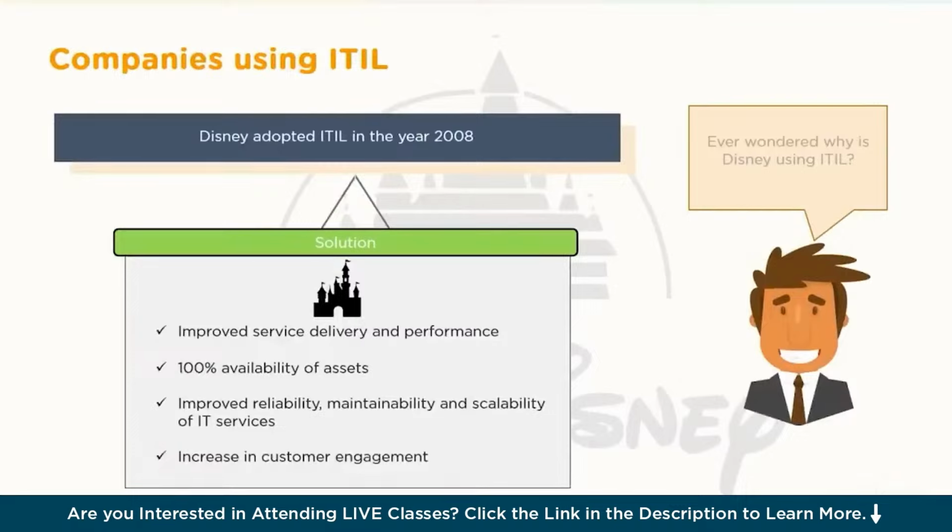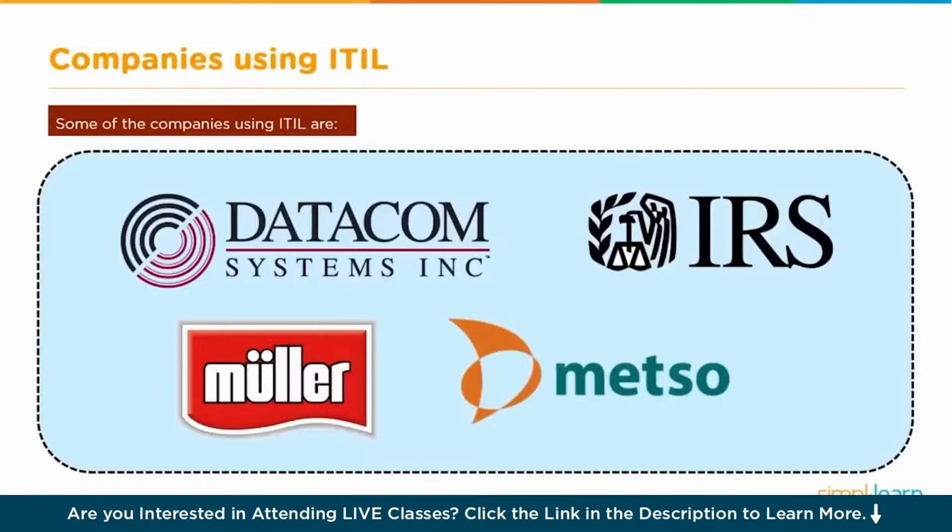Similarly, there are many organizations similar to Disney that have adopted ITIL and have seen value realization happening for them. Some more organizations similar to Disney's example that we saw would be Datacom Systems Inc., Muller, Metso, IRS